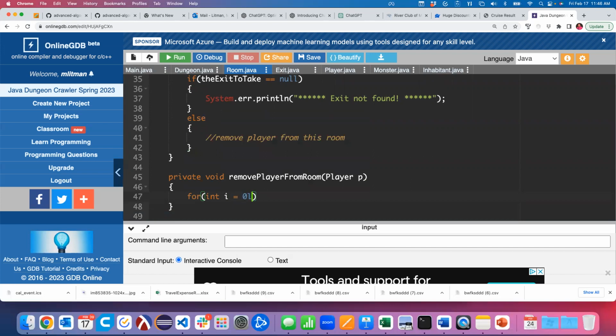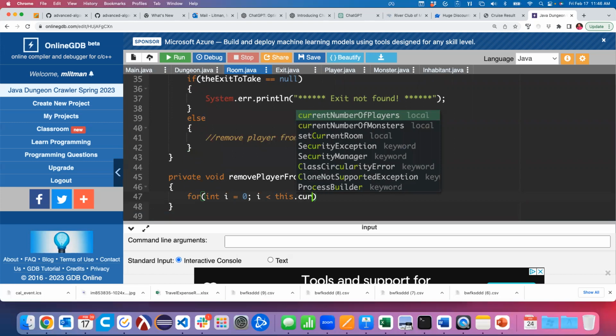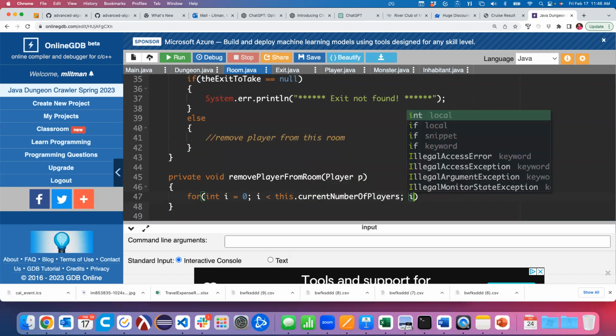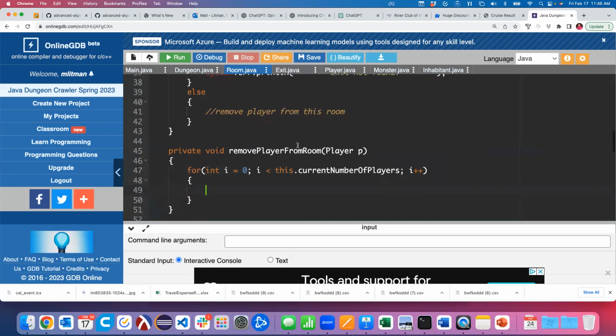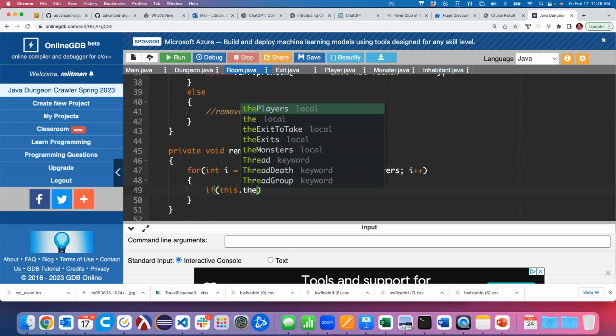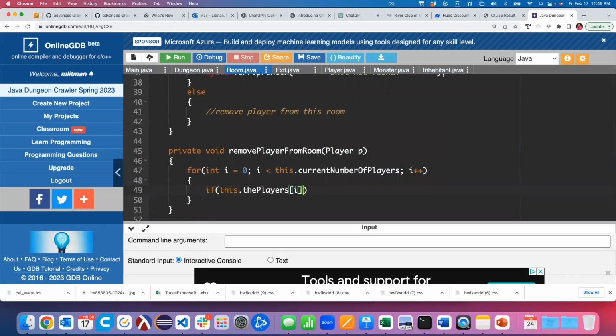for int i is equal to 0; i is less than this.currentNumberOfPlayers; i++. Okay, so if this.players at bucket i is equivalent to P,